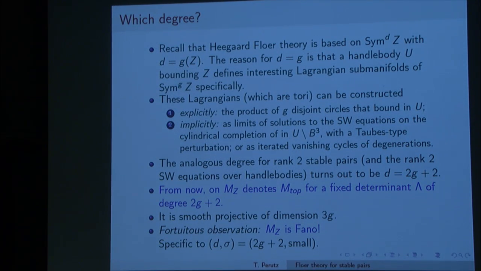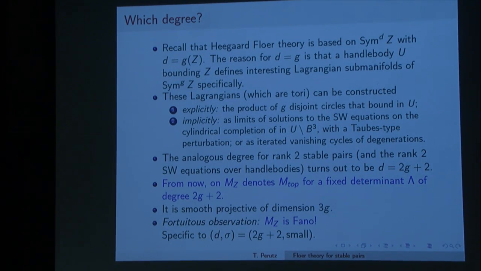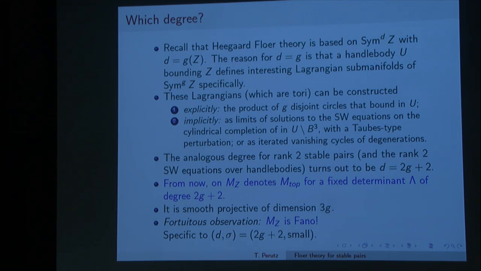Or you can also construct them implicitly in two ways, either as limits of solutions to the Seiberg-Witten equations on, well, almost on the handle body. More precisely, you need to cylindrically complete the handle body, and also you need to puncture it somewhere. And one uses Taubes-type perturbations. There's also another way of obtaining these Lagrangians implicitly as iterated vanishing cycles for degenerations of symmetric products. Okay,